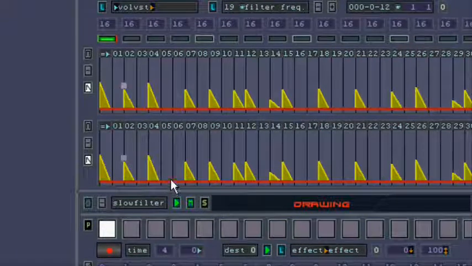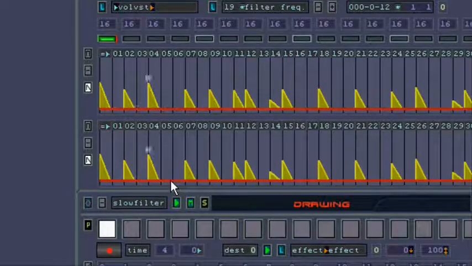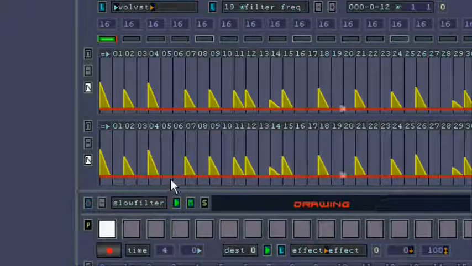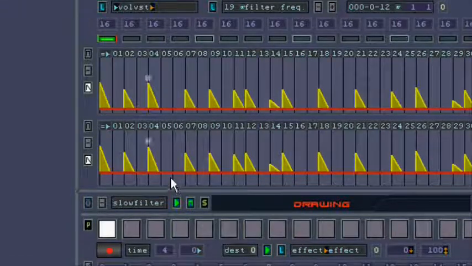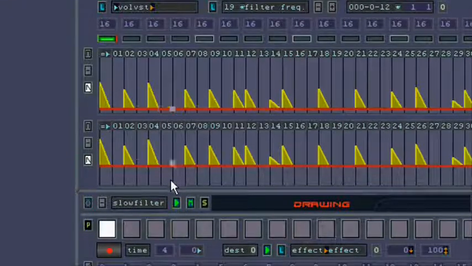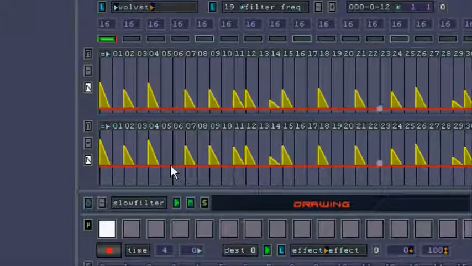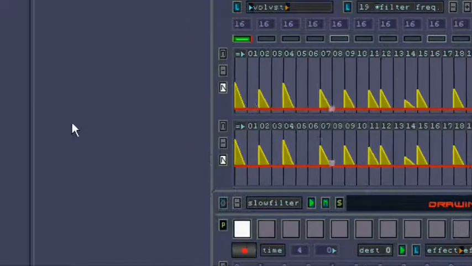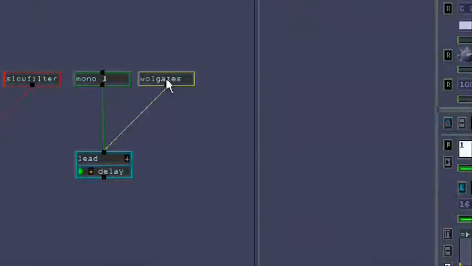If I move over it and I hold Control down, I will move all triggers up like this. This sounds better. So, what we have seen now is how a rhythmical controller